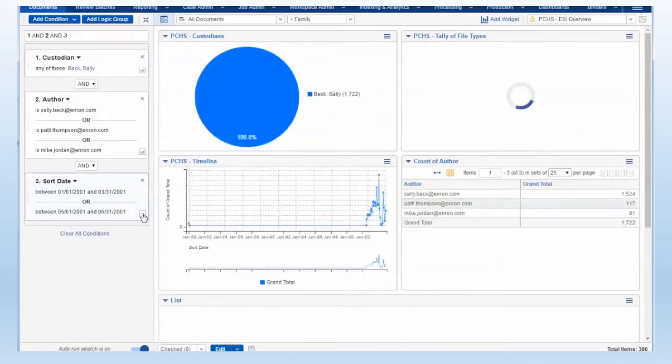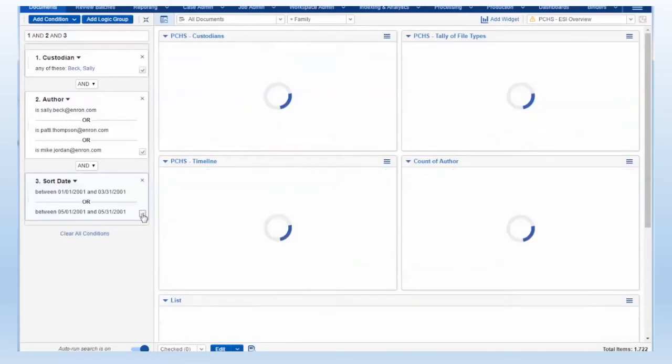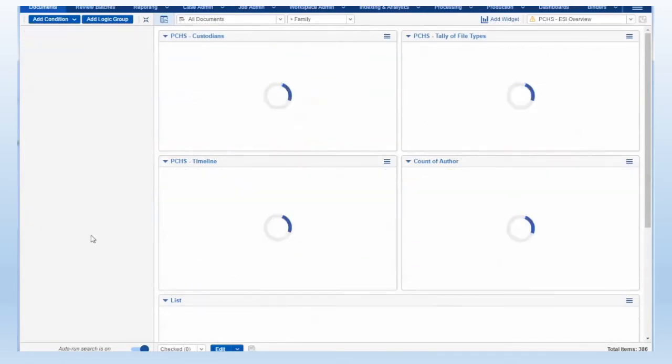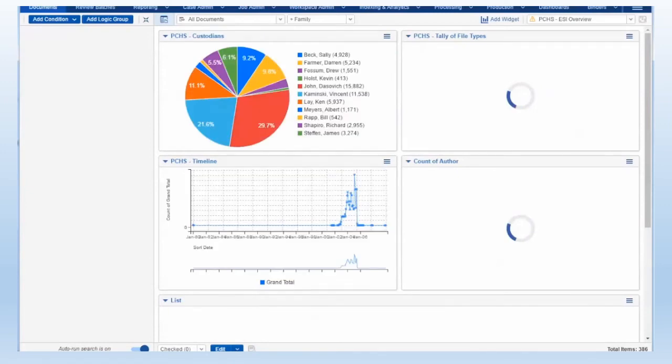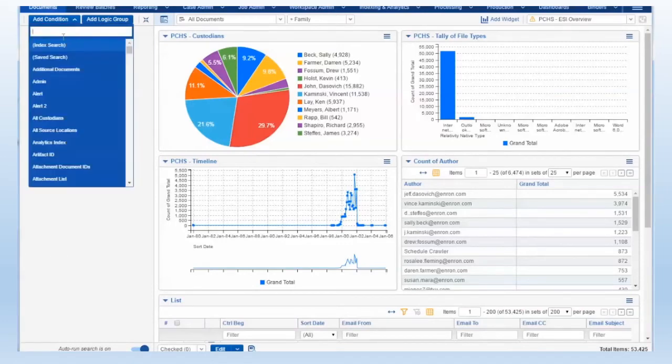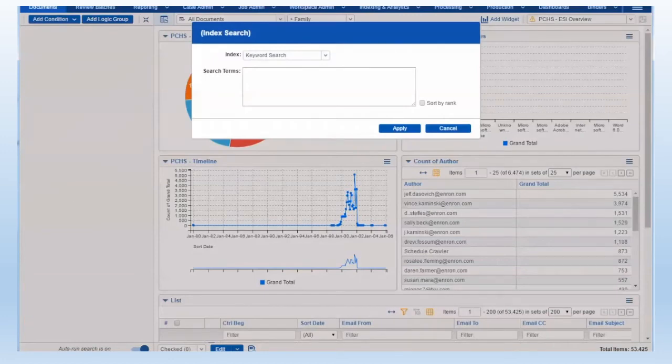Let's look at how we might use dashboards during a document review. I'll clear all conditions with this single click. Now I'm back at my full set of documents. I'll start with a combination keyword search: price or wholesale or corrupt asterisk or manipulate or fraud asterisk. Now I'm down to